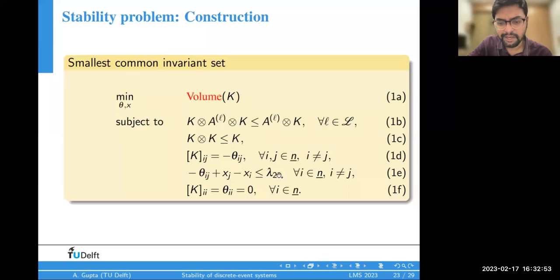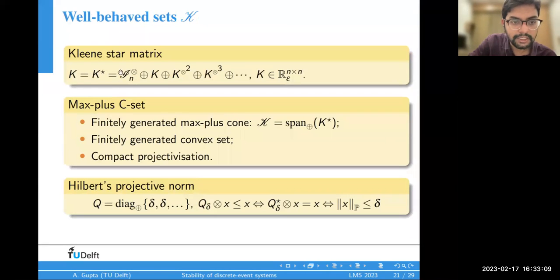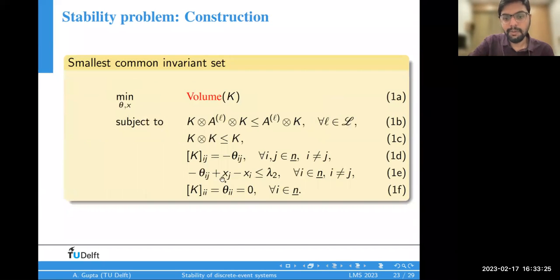I don't think Sergey likes that terminology, but the idea is that a Kleene star matrix has zeros on the diagonal, and we know that the largest max-plus eigenvalue of a Kleene star matrix here is 0 because of this max-plus identity matrix. What I do is replace all the diagonal elements with an epsilon. So I take away the largest max-plus eigenvalue, and the one that is remaining, calculated in that way, I call lambda 2.